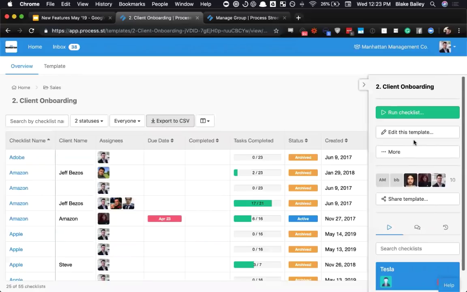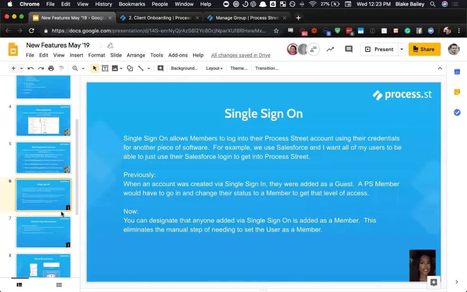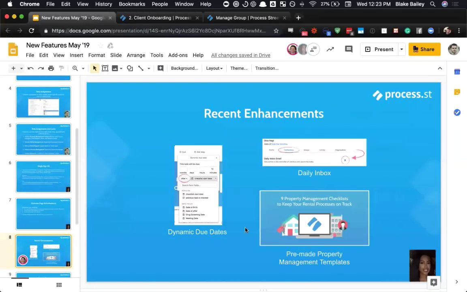Of course, as mentioned earlier, you still have the option to export all columns, which will export all checklist data regardless of what's selected. And just a quick tip again, remember your data is always safe and secure inside of Process Street, but it is nice to be able to see it in a different format or pull your quarterly, semi-annual, or annual reports. So if we go back to our slide here, some of our next enhancements you'll see are